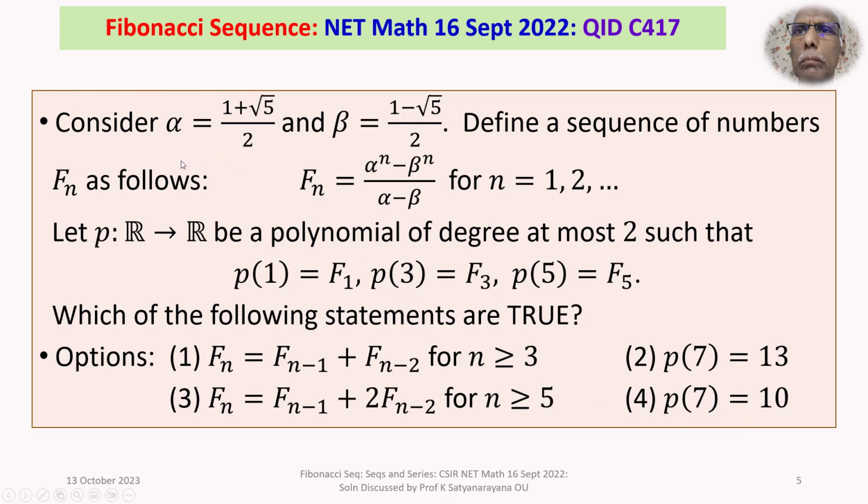We are given alpha and beta, where alpha is (1 plus root 5) by 2 and beta is (1 minus root 5) by 2. A sequence of numbers Fn is defined as Fn equal to (alpha power n minus beta power n) by (alpha minus beta) for n equal to 1, 2, 3, and so on. And we are also given a polynomial function P from R to R of degree at most 2, such that P of 1 is F1, P of 3 is F3, P of 5 is F5. Then we have to